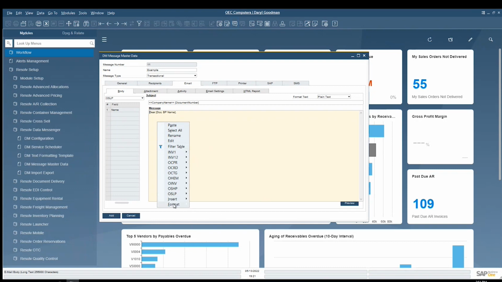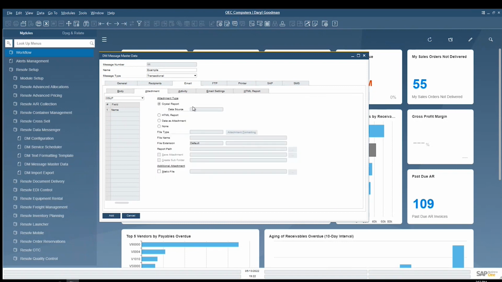And then the last thing that's in here that's nice is the ability to come in and do format. So I could actually have it automatically suppress sections. So like, for instance, if I don't want to show a discount or anything else along those lines, if there is none, I can suppress that. We can put in page number. We can format text conditionally based on values, make it red, green, blue, whatever you want to be able to do. And really be able to have a pretty rich body and subject,